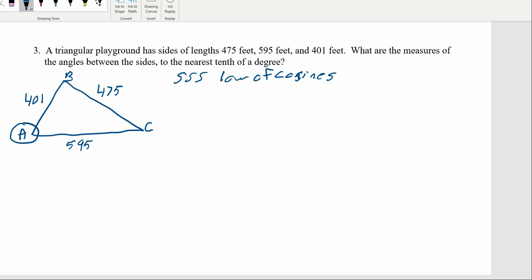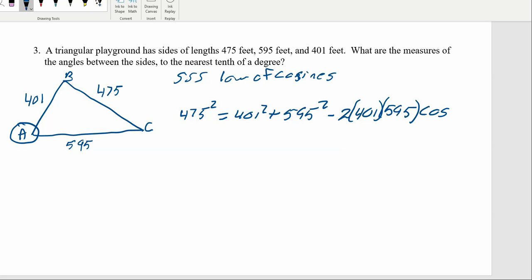Let's find the measure of angle A first. That means I need to start off with the 475 squared is equal to the other 2 squared and added together, minus 2 times that 401 times the 595, and that's going to be multiplied by the cosine of the angle opposite this side 475, so that's going to be the cosine of angle A. So 475 squared, that's going to be negative 289,201 equals these 2 squared, then added together. I got 514,826